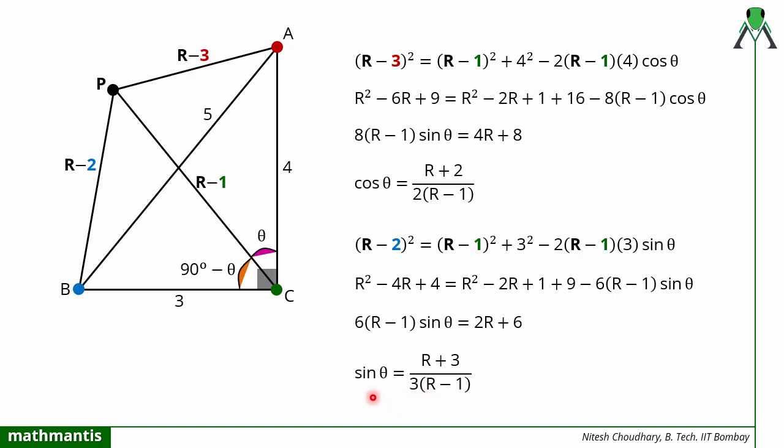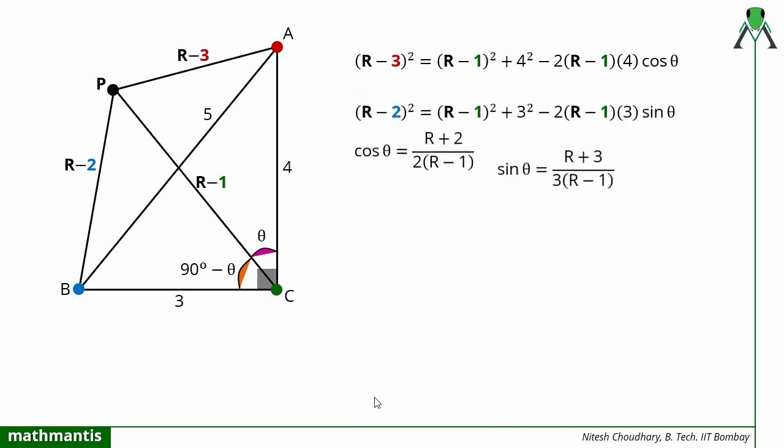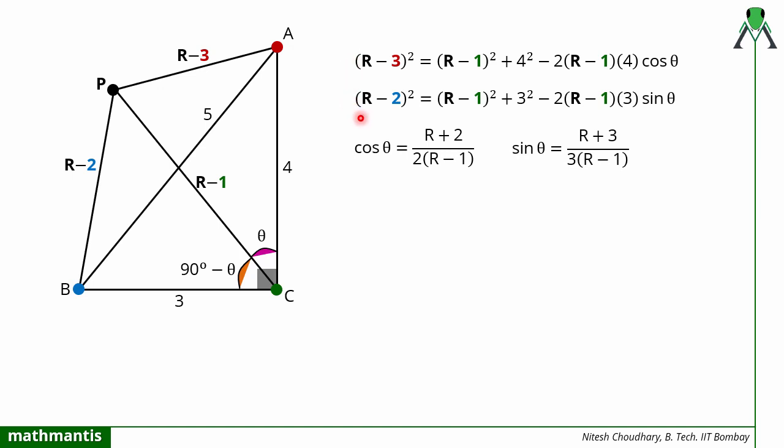So now, using the cosine rule, we have defined these values. These are two equations we have found. Now I know that I have to eliminate theta and find the value of r. Whenever there are two equations in sine theta and cos theta, I can use the legendary Pythagorean property of trigonometry, that is cos square theta plus sine square theta is equal to 1. Using that we can eliminate theta.